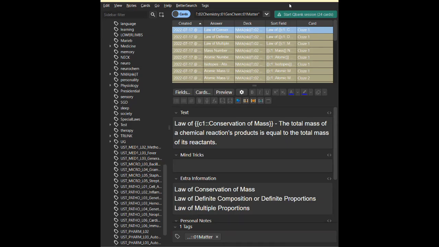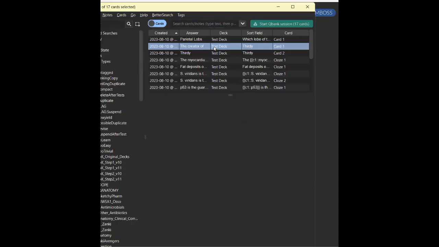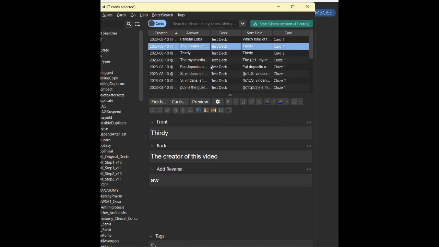Let's try to export a deck. How do you export a deck? So let's say this test deck finished already. Did we suspend anything? Oh, what's that? Unclick that toggle berry.